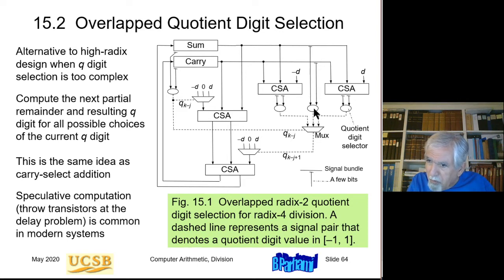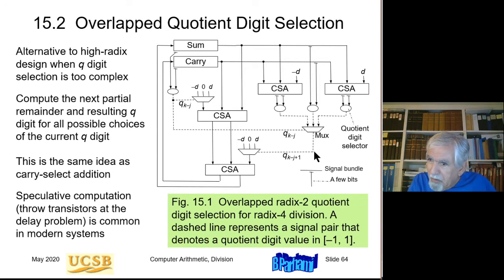That corresponds to quotient digit being 0. So in all three cases, I pre-compute the partial remainder, and I have it ready here. As soon as the quotient digit here is known, the first quotient digit, I choose the appropriate new partial remainder for the second half of the cycle,